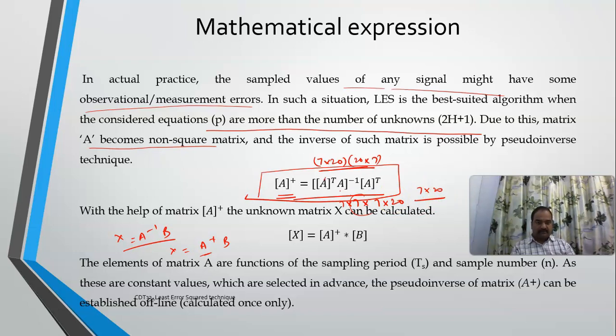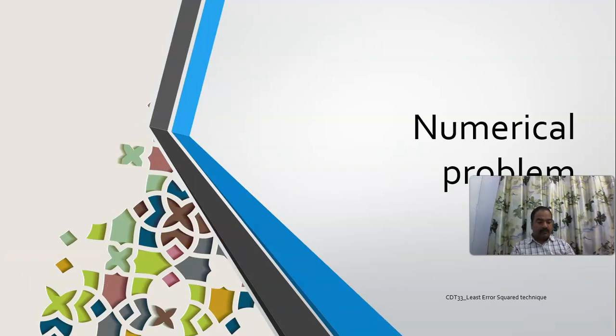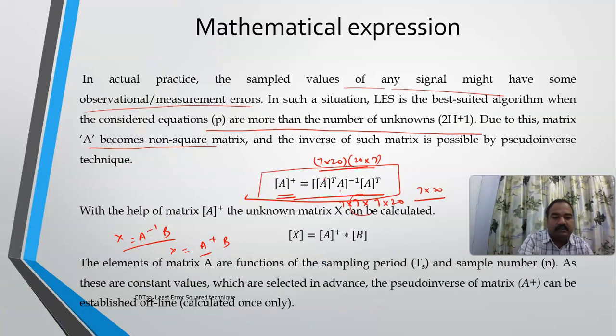And next is a numerical problem on this. I'll close this lecture now. I hope you have understood. You can take many samples to get accurate results, but since we have difficulty in finding the inverse, the best way is to use the pseudo inverse technique for determining the inverse of that matrix, and you can get the magnitude of the harmonics along with the phase angles. Okay, so with this